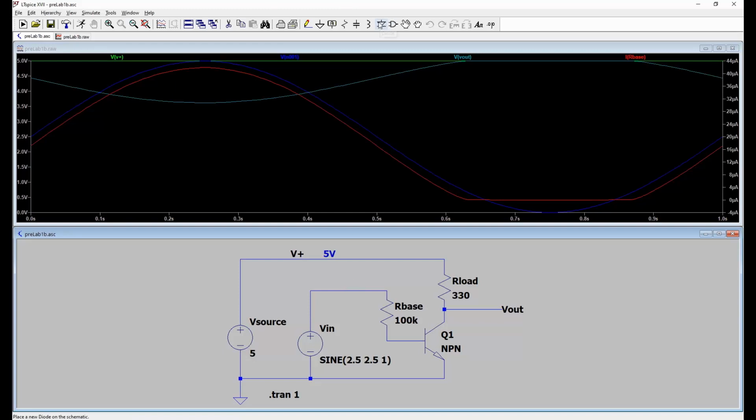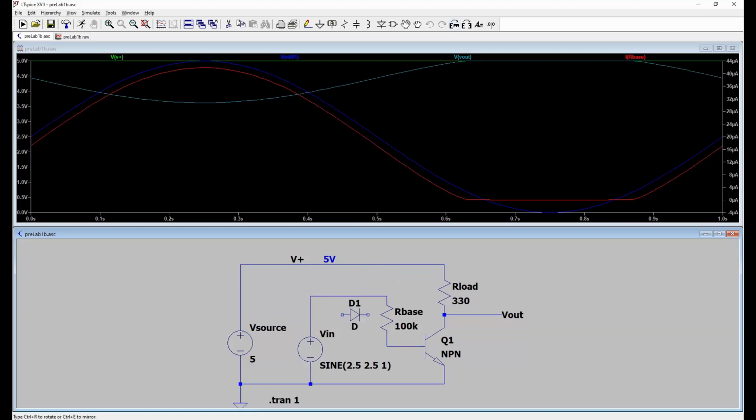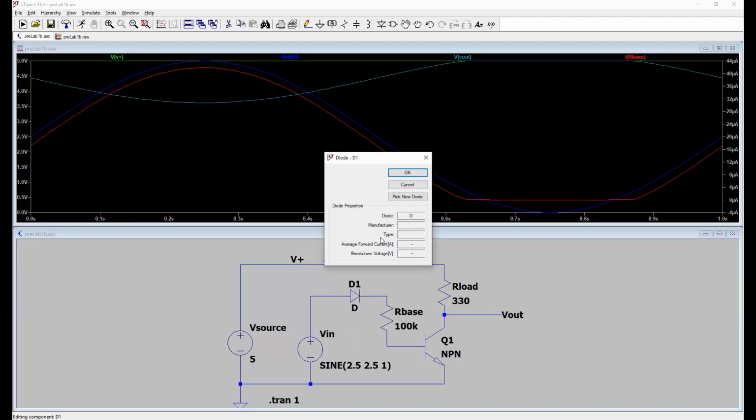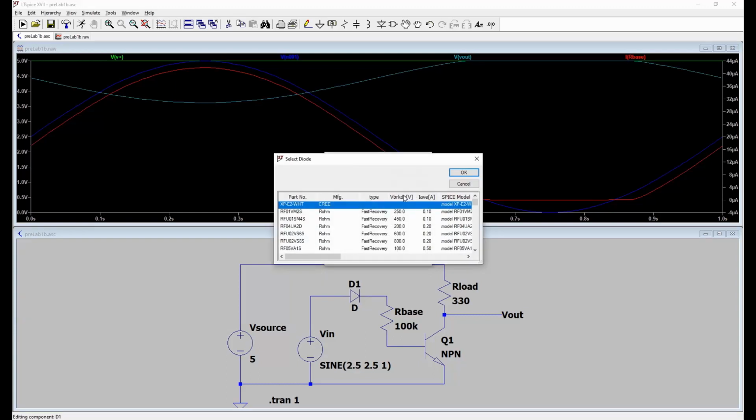You can start off by grabbing the standard diode, rotating it to point in the direction that it needs to point, and dropping it in place. Then right click and pick new diode. And we need at least a minimum current, so let's start by sorting by current. If we sort by current and go to 1 amp,